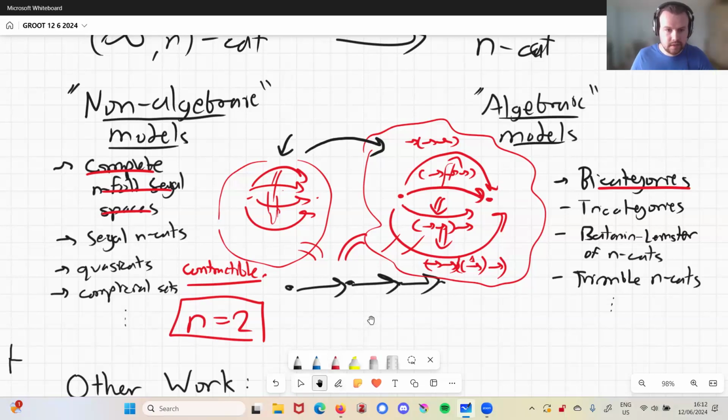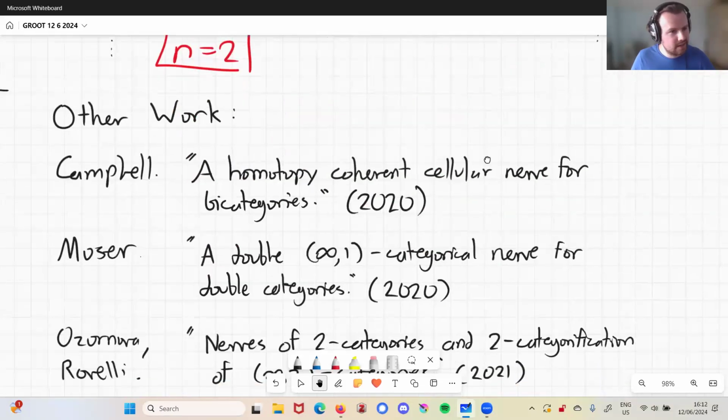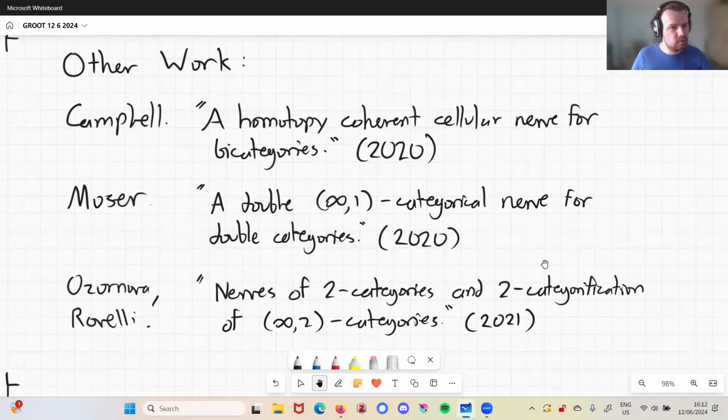Okay. Now, I should admit up front that I'm not as original as I might think I am. There are quite a few approaches to analogous things. So for instance, Campbell went in this paper from two quasi-categories, another sort of non-algebraic notion, to Tamsamani two-categories. And then some work by Lack and Paoli allows you to jump from those to bicategories very nicely. Another piece of work was by Moser,